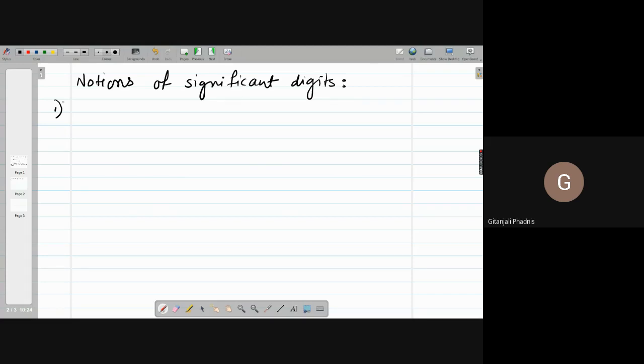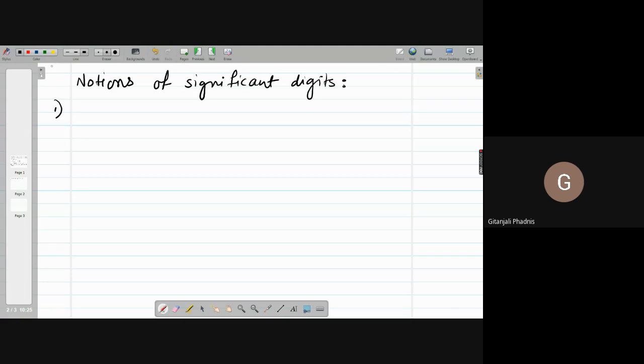Throughout numerical analysis you will see that we are not claiming that we will get the exact answer every time in the very first step. We may have to repeat the procedure to reach the exact answer. Whenever you don't have a formula available to get the answer, we take the help of numerical methods and try to get answers step by step. Those may not be exact, and that's why errors will occur, and our aim is to minimize those errors.